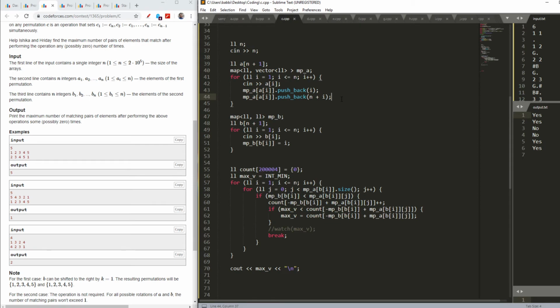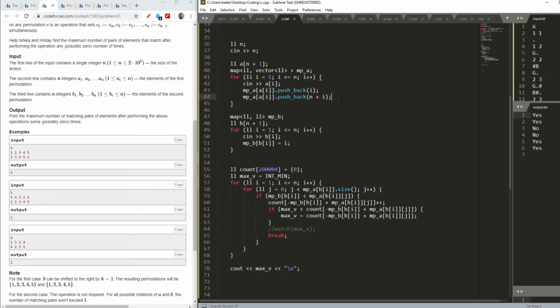It can be much simpler, you can write just a pair and just two conditions. But okay, let's move further. Then I had mp of b of I. It shows the index of the particular element for the array B. It shows the index of the particular element for the array A, but it should be more than the array B one.